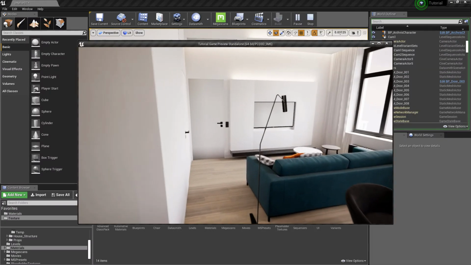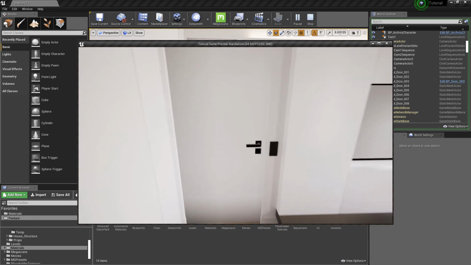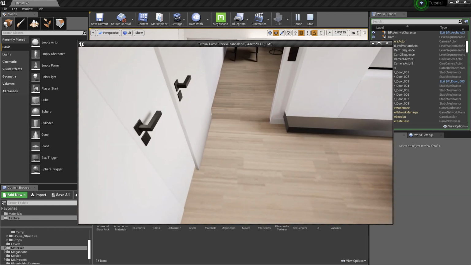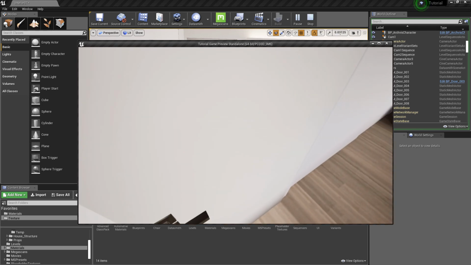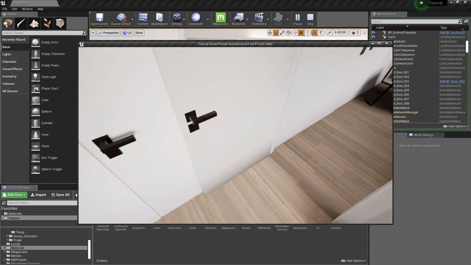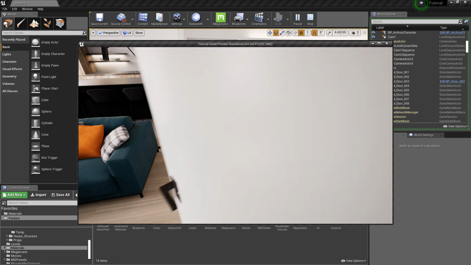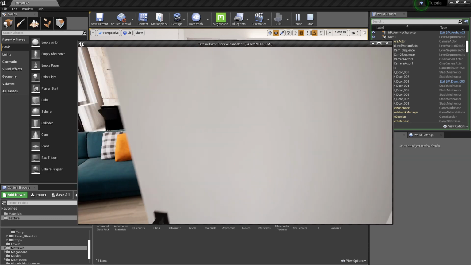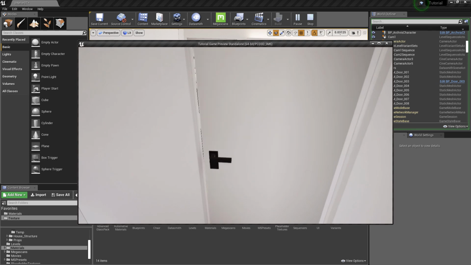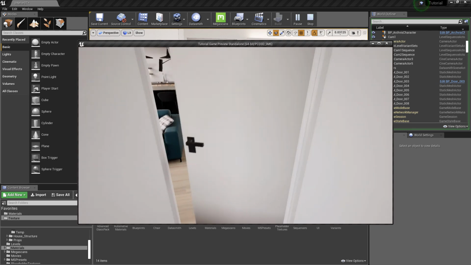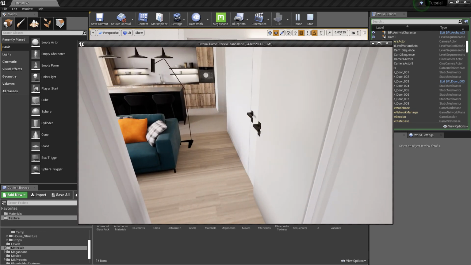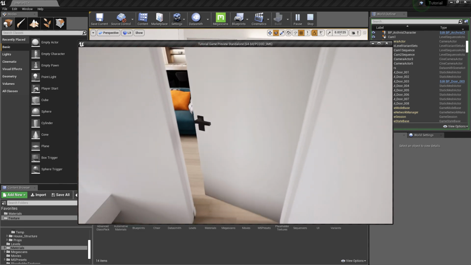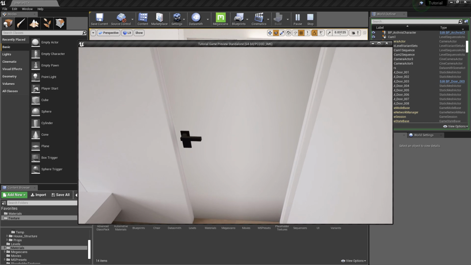Let's hit play and check. The door has opened. And we can close it as well. But the door is rotating in the wrong direction.